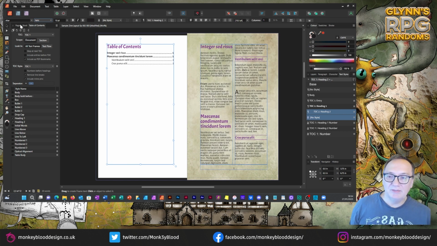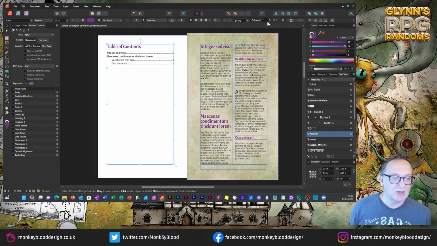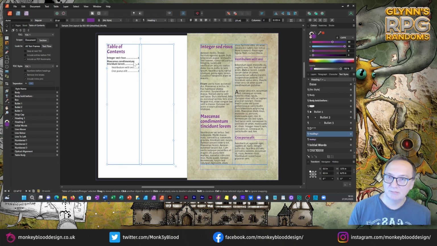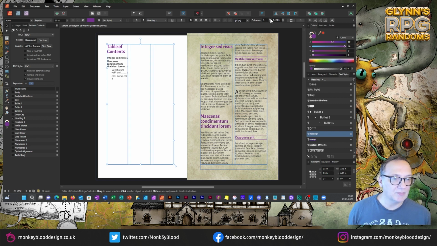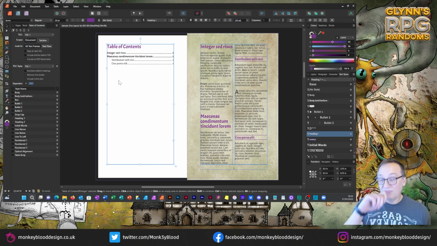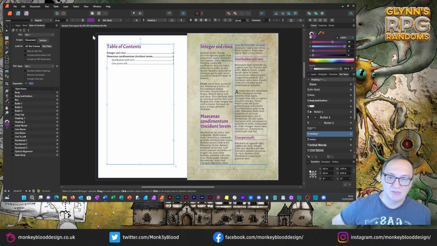Now, if you change this text frame to 2 column, you should find that it would automatically adjust as well. So that's literally how easy it is to create a TOC, providing you've obeyed the heading styles when you're setting up your document. The TOC is very easy to recreate. Now we've also got a very specific